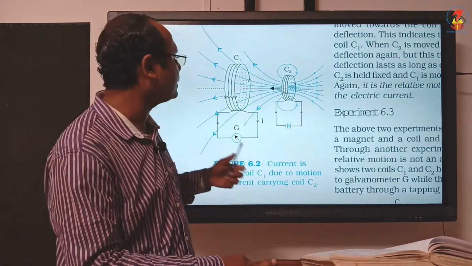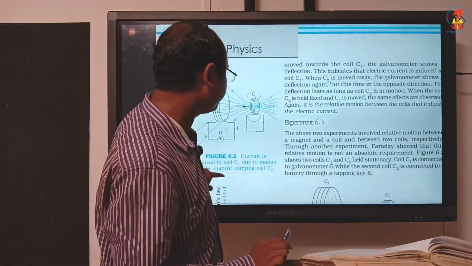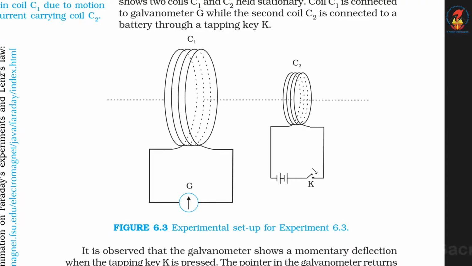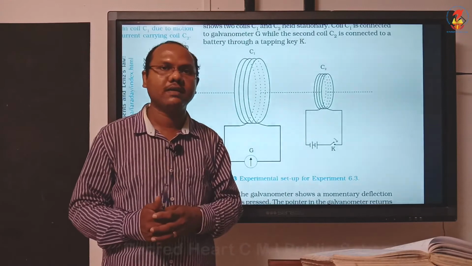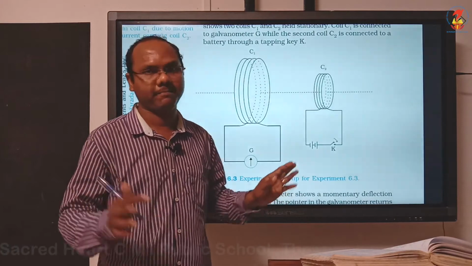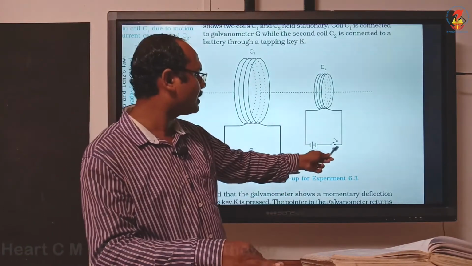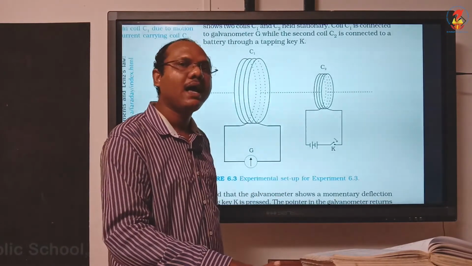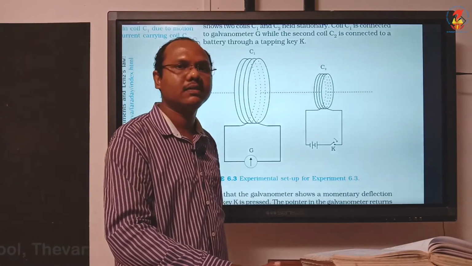Now let us see what is his third experiment. In the first two experiments, a motion is required. In the first experiment, we moved the bar magnet. In the second experiment, we moved the solenoid carrying current. Here, he didn't move anything. Instead, he just kept a tapping key in the second solenoid which is connected to the battery. And instead of moving the solenoid, he just